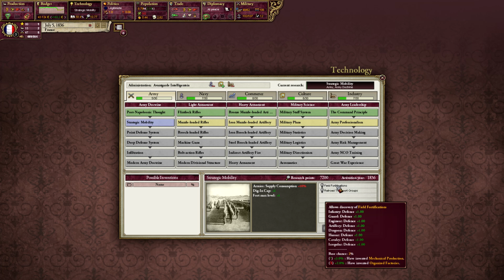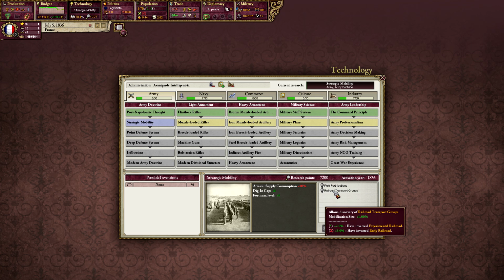Let me just stop moving the mouse. This percentage is also influenced by if we have other things. You can see if we've invented mechanical production, we'll then have a 5% chance every month to research it. And if you've got organised factories, that'll bump it up to a 7% chance. So if you want a particular invention, which becomes very important if you want to colonise, because if